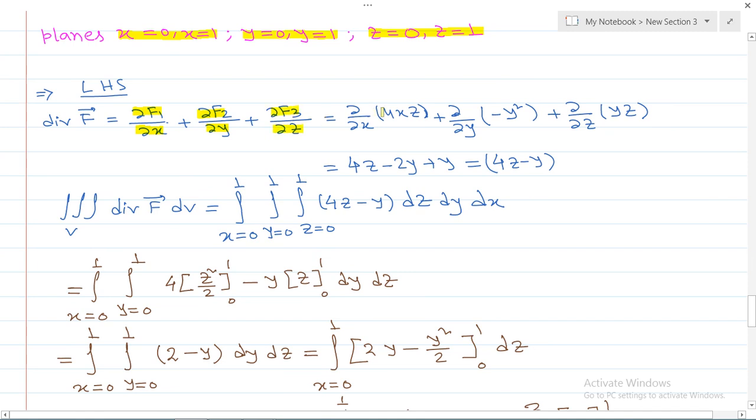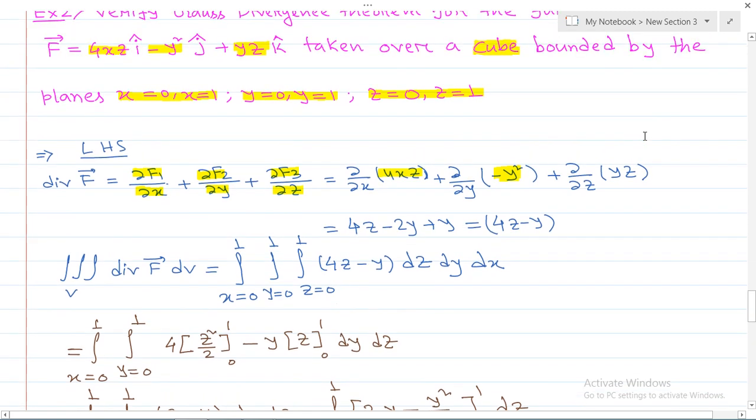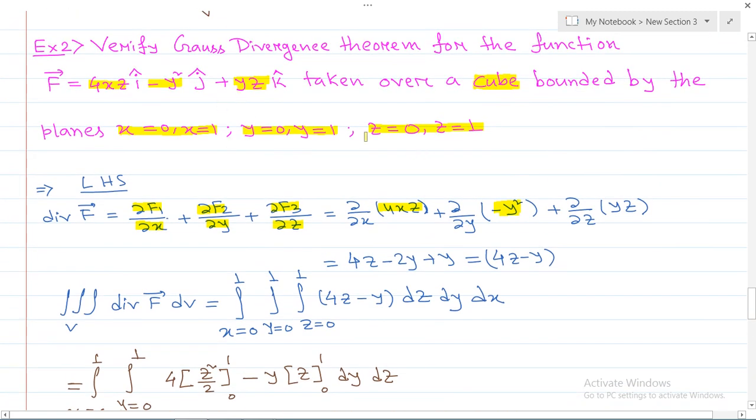So del x of the first component is 4xz, del y of the second component is minus y square, and del z of the third component is yz, which you can see from the question itself. So the result after doing the partial derivatives will be 4z minus y. So we have to do the triple integration of this quantity 4z minus y, where x will vary from 0